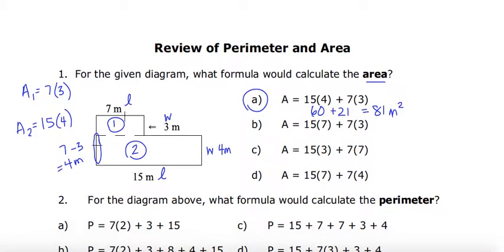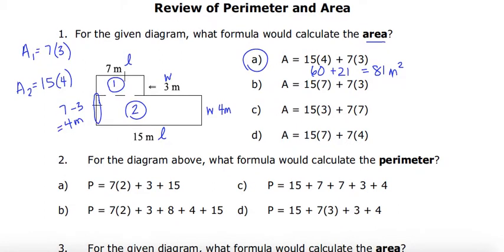So we're going to use the same diagram to take a look at number 2. Number 2 asks us to calculate the perimeter of this shape. So remember, perimeter is all of the measurements around the outside of your shape. In order to do that, what I like to do is start from one of my sides and work my way around in a clockwise manner so that I'm not missing any of my sides. Because I am adding up my sides,